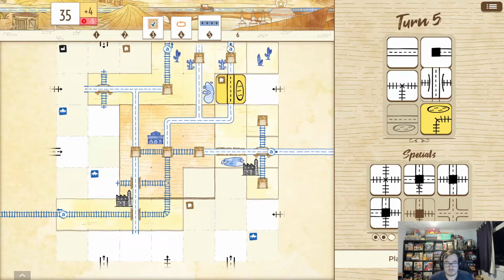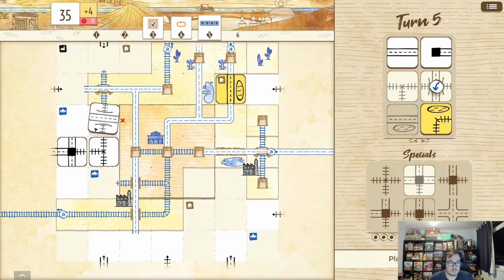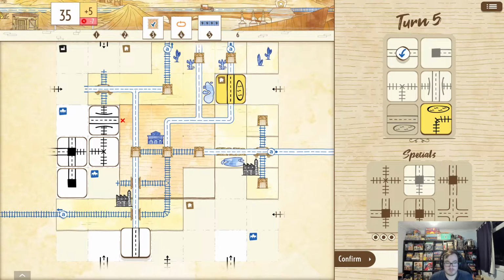So we're going to go for a special. We'll go for that. We'll slot that one in there, and we're going to put a road in there, and hope that we get a corner rail next time. We'll then close that one off, and then tempted to just drive this off the end. Let's just drive that off the end and